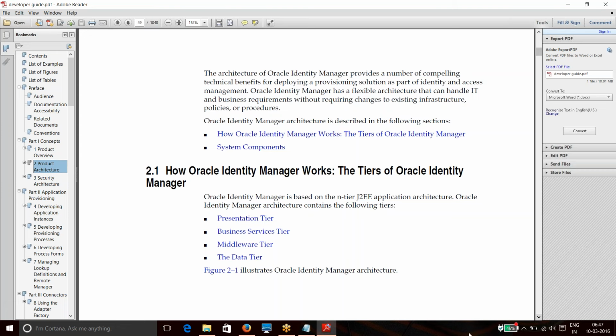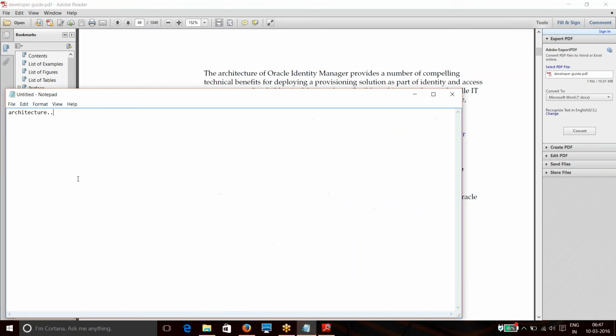It consists of four tiers: the presentation tier, the business tier, the data tier, and the middleware tier.